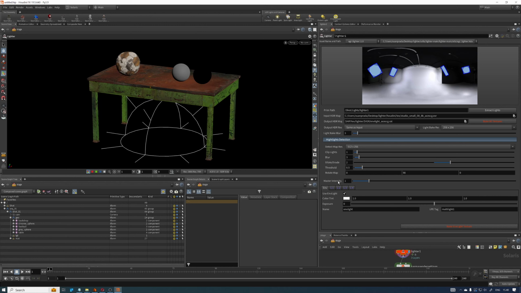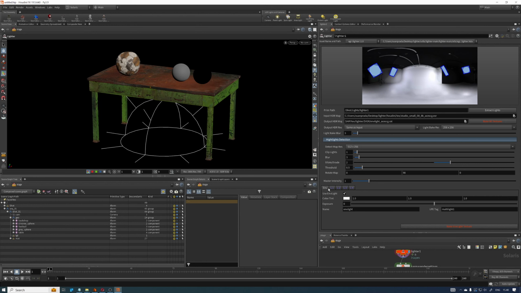Okay, then we have this master intensity, and that would be the master intensity of everything that you can see in this map. I don't ever change this here. I change that later when I'm calibrating my library, once I have all of these split into multiple lighting sources. Okay, so with these settings, it has detected 4 practical lights, 1, 2, 3, 4. That is all good. That's basically what we have. And